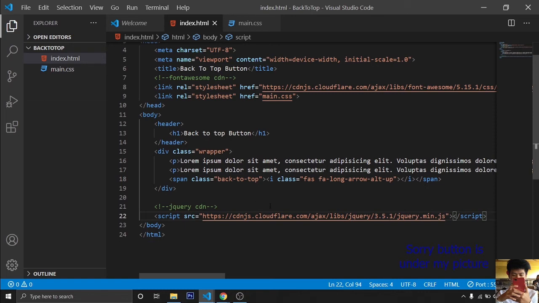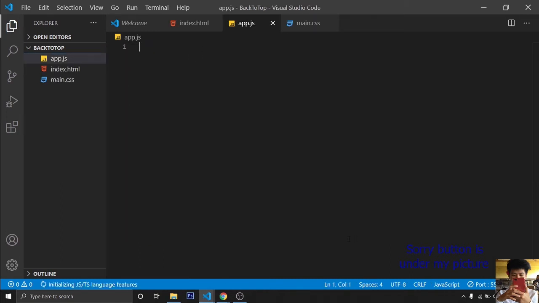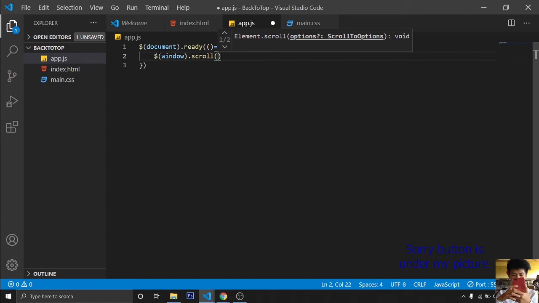So we will use jQuery for this. Let's first have a main dot, or let's say app.js. And we need to wrap our code in document.ready first. Then let's say anonymous function. Then when window scroll, we need to have an anonymous function. Let's say if,